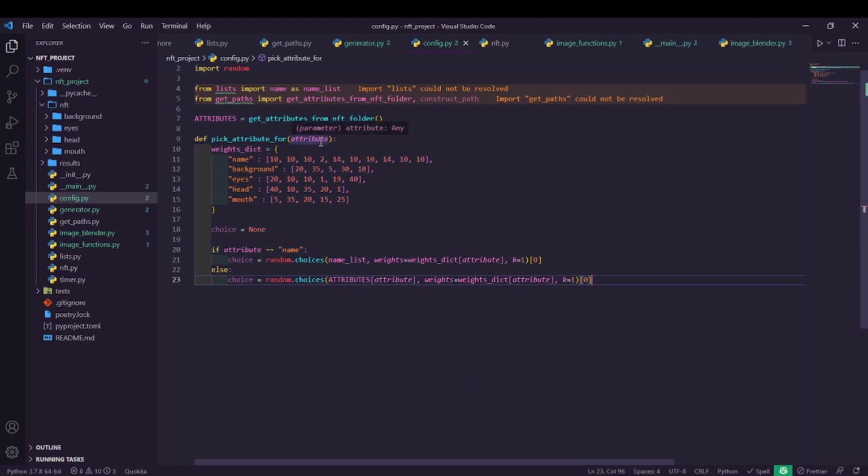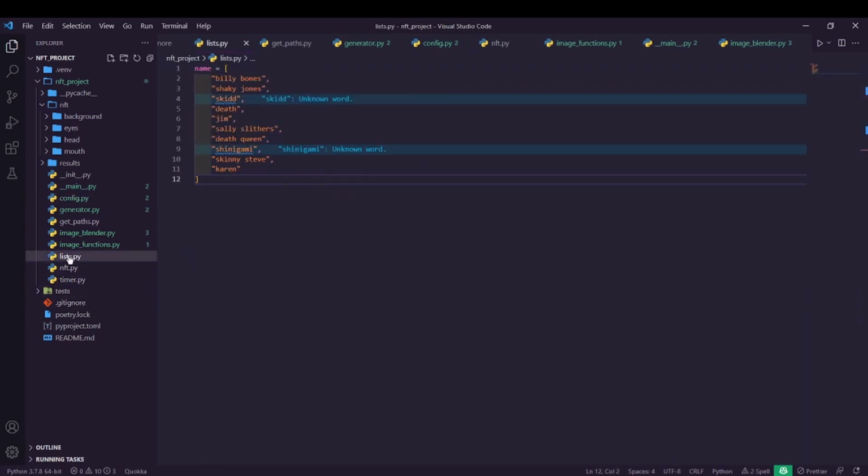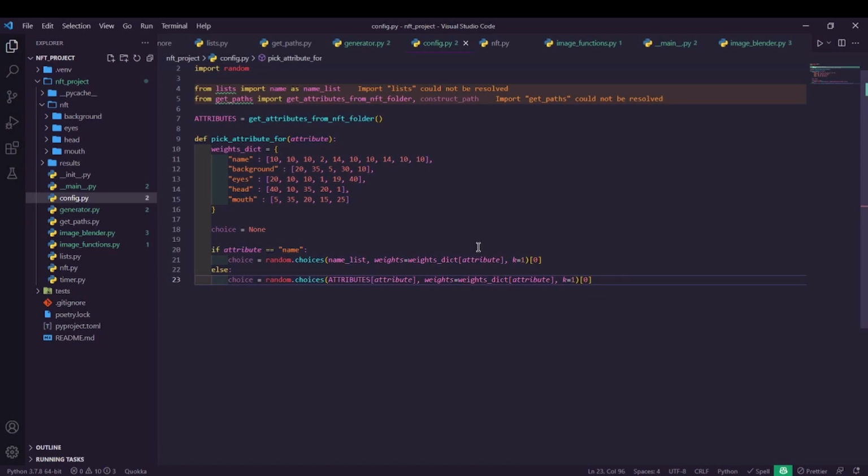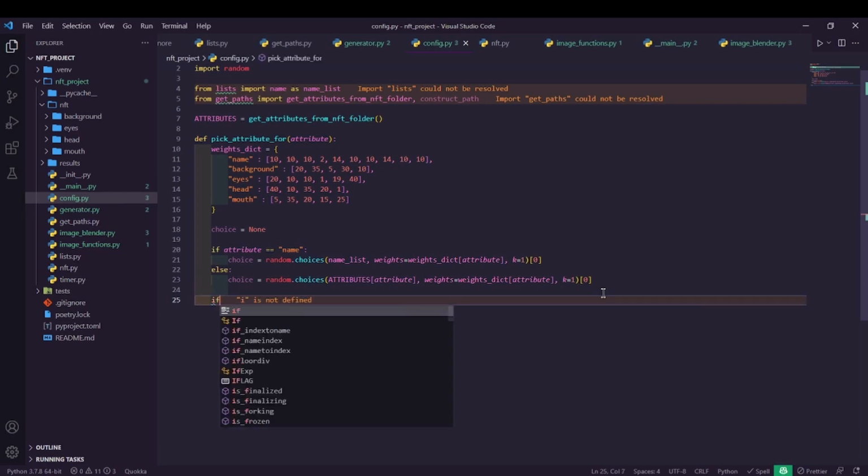If I didn't have the list of names here, I wouldn't need the first bit, and I could just do this. So yeah, I don't know if this will work, but I feel pretty confident about it. And then the last thing we need to do is construct a path, unless it's the name. So we'll say if